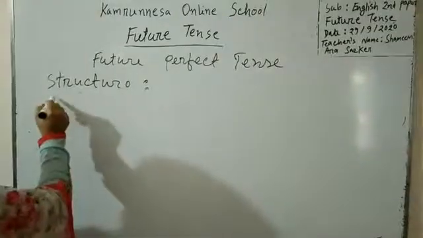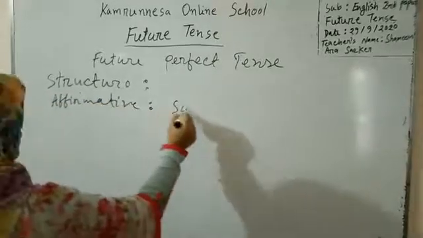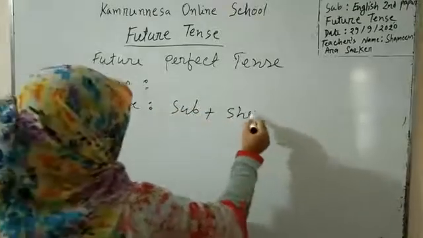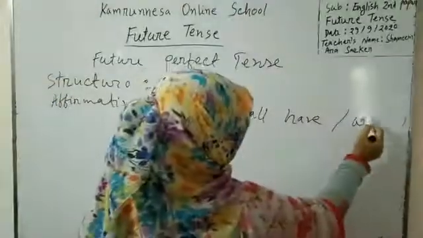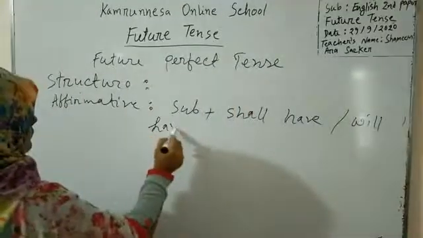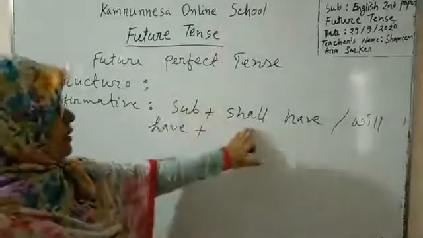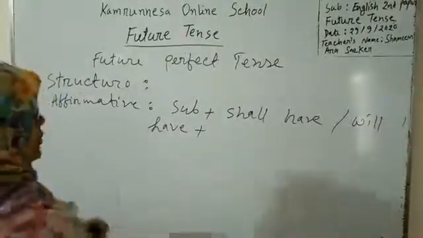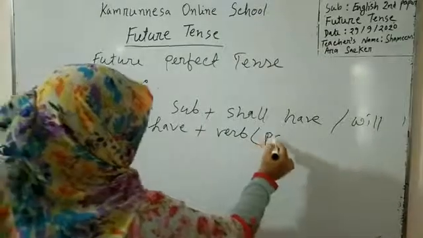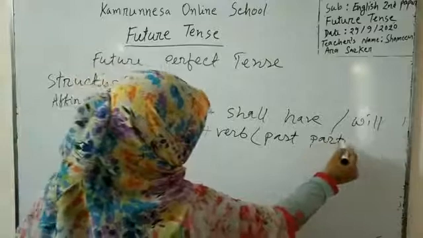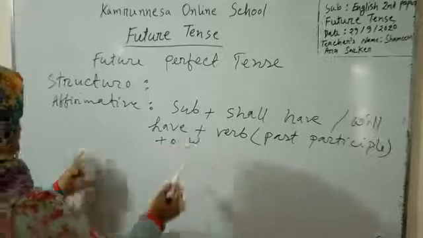Okay, let us see the structure of affirmative sentence. At first, subject plus shall have or will have plus, look here, after subject shall have or will have will be used as auxiliary verb and the main verb will be in past participle form plus other word. Okay,